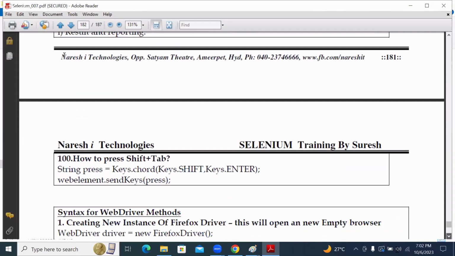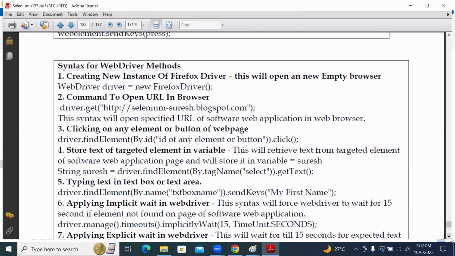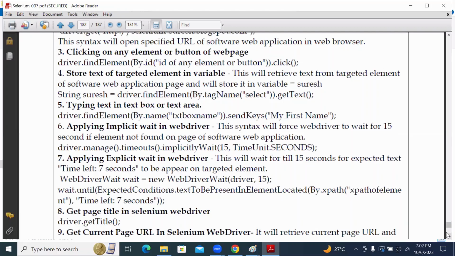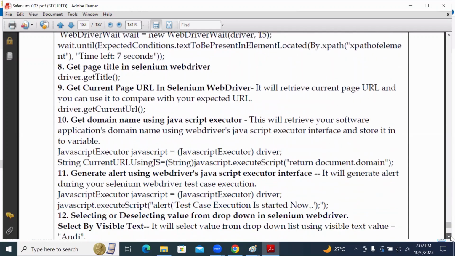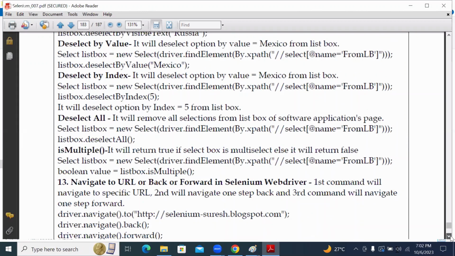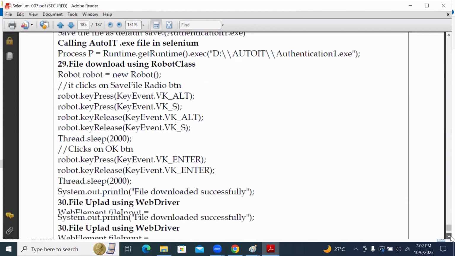How many questions do I have? 100 questions. Along with that, I have given the important syntaxes, I mean, the important things. What is the code you can expect in the interviews? That part also I have explained. Everything has been documented in a very proper way. So utilize the